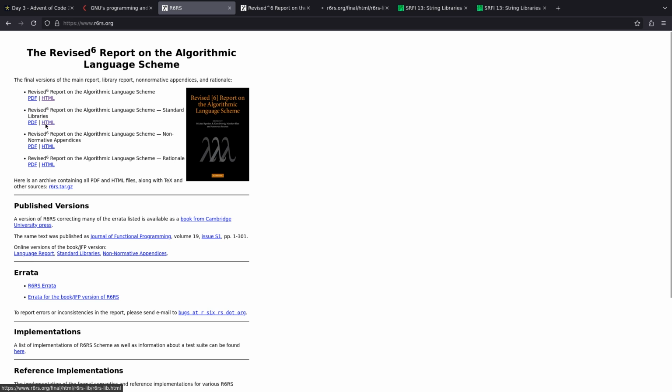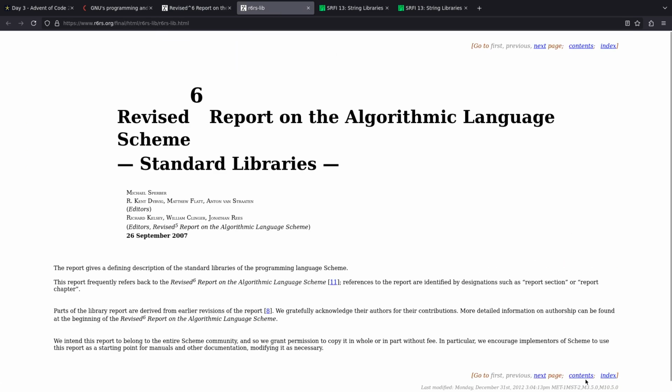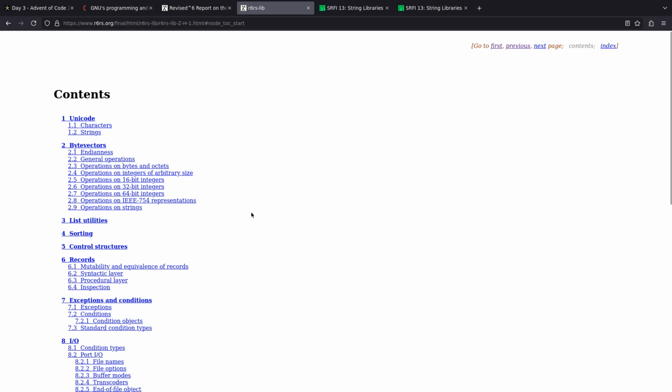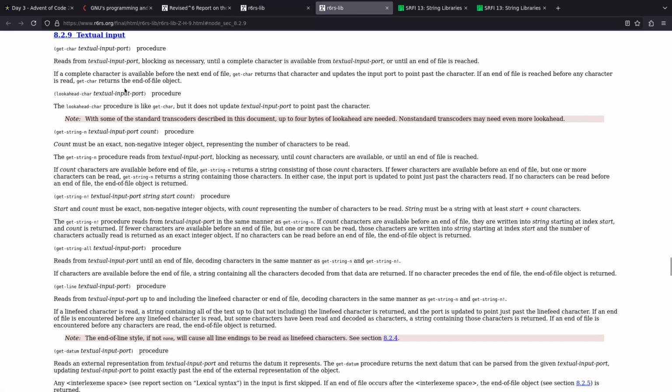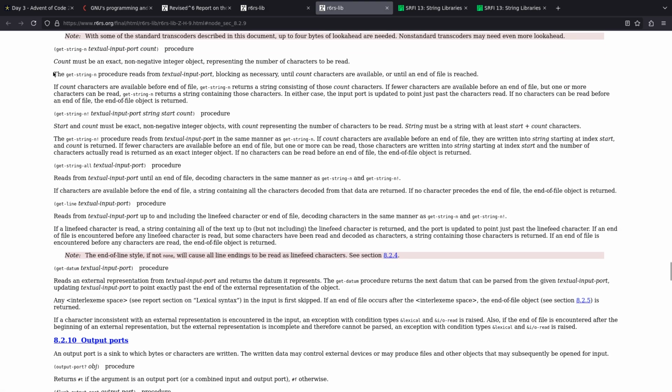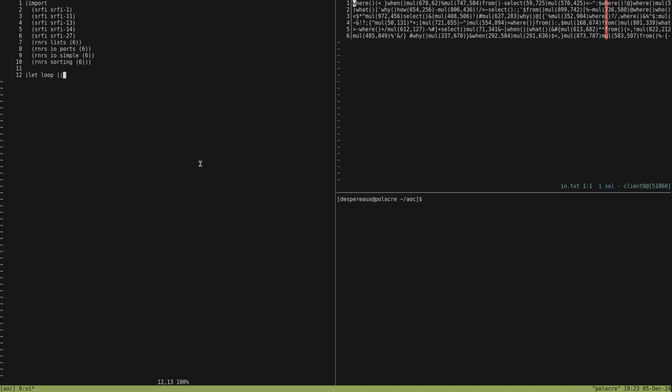It's probably in the standard libraries. Yeah, first let's look at this. So we want to do port IO and we want to do textual input. In fact, binary input would be okay as well, but textual is probably better. Get string all. Yeah, that's pretty good. So let's start with our input, and we'll say that's get string all of,